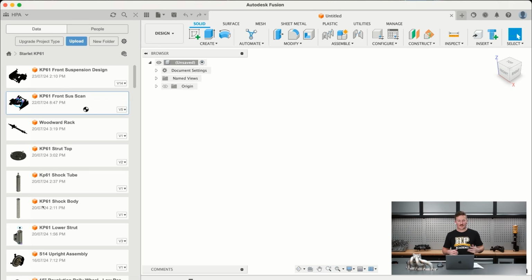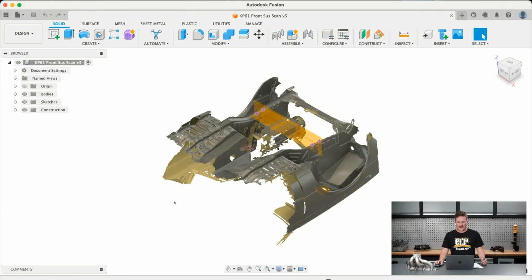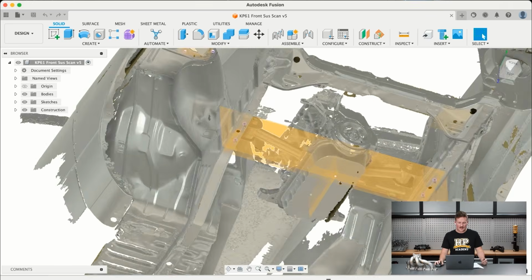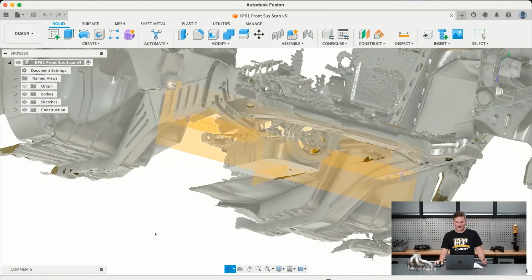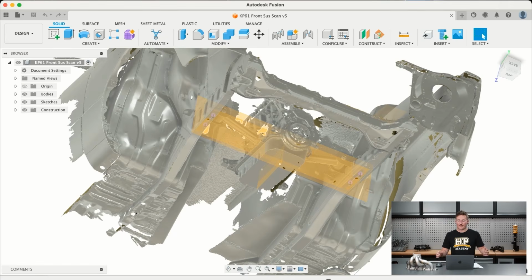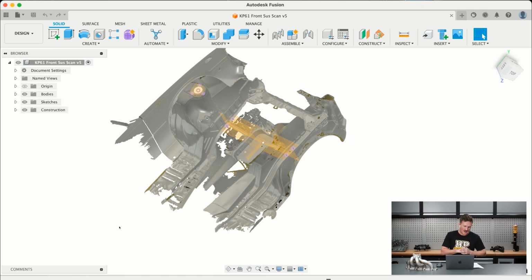So this is a KP61, old Toyota Starlet that Brandon's building for a rally car project. And this is a scan I took of the front end of the car here with all the suspension pickup points. And he's got the engine that he's using mounted in there as well, so I can avoid that while we work on designing some front suspension for this car. So in this case, we want to use the scan, but we also want to use other components while we're designing the suspension and create more of an assembly. So what I've done